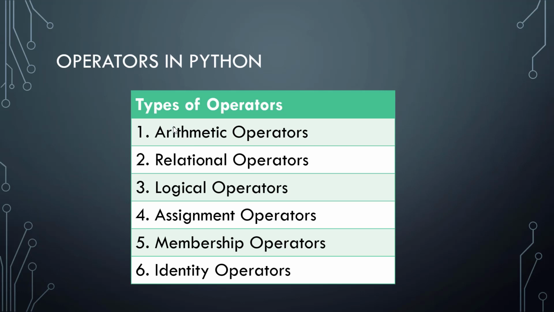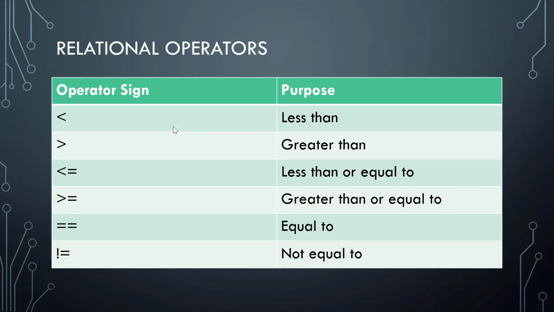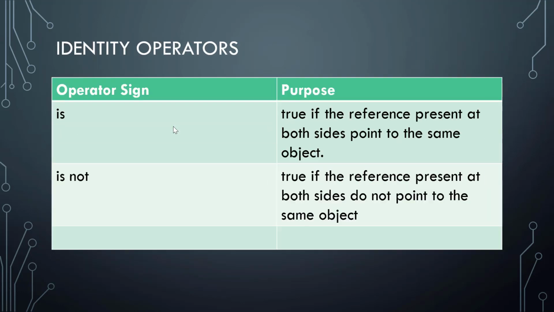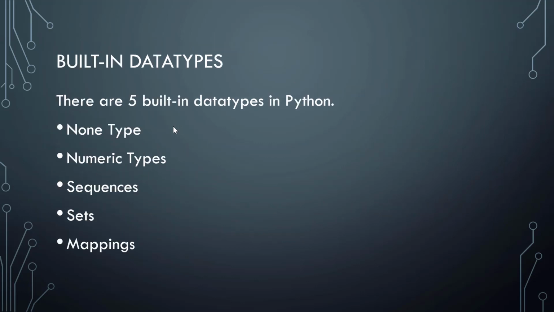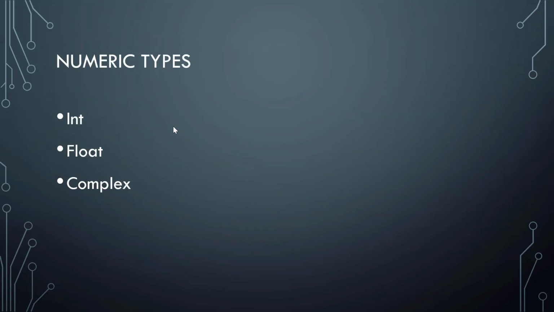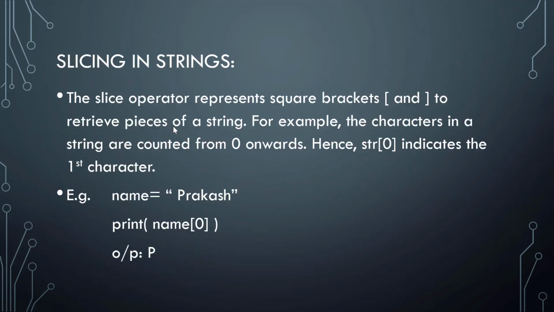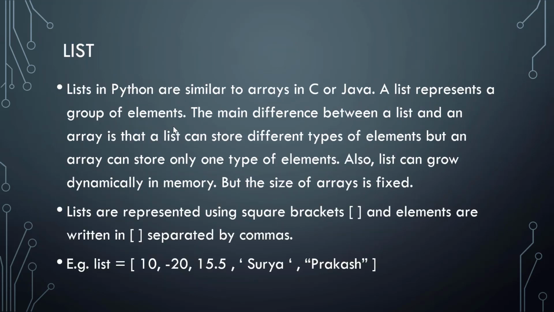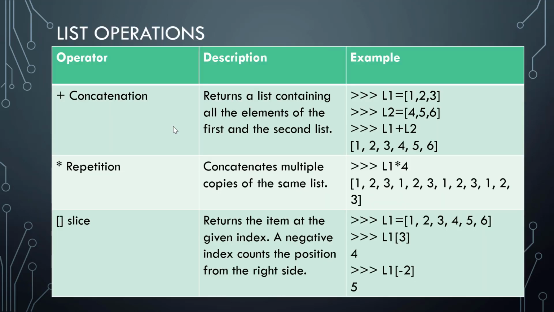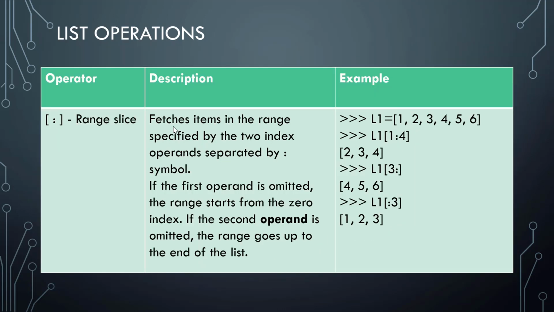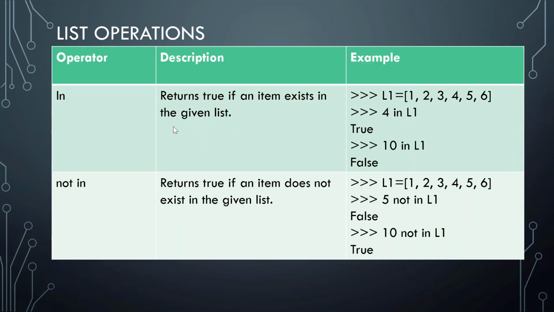Okay, so we have seen all these things: operators, arithmetic operators, relational operators. Now we are moving to lists today. So we have seen concatenation of two lists, repetition, slicing, and all. The range also we have seen, in and not in also we have seen. And before going to tuple, let's complete these last three methods of lists and then we'll go to tuples.